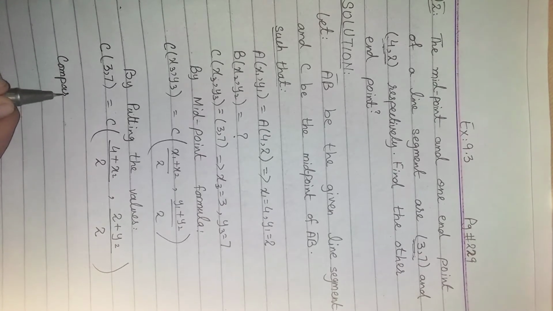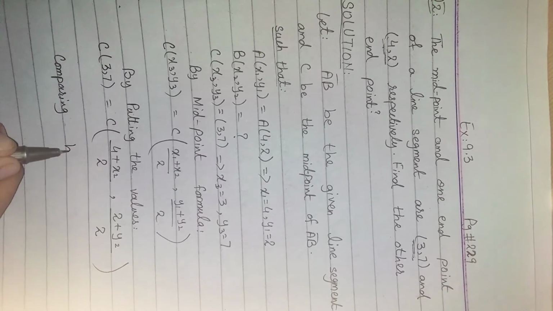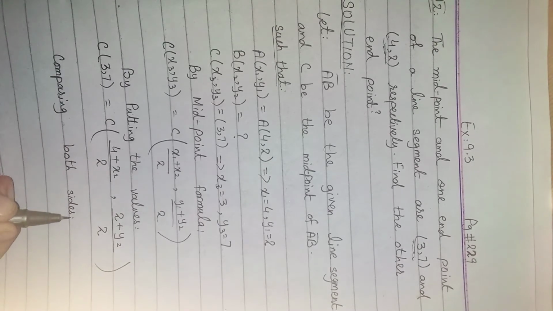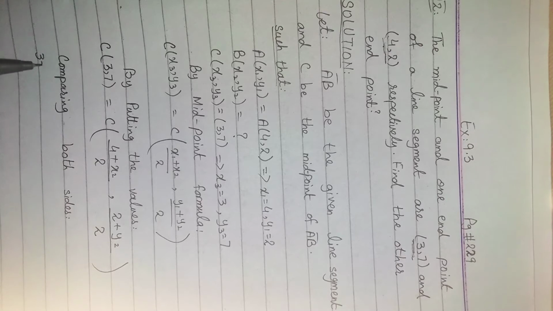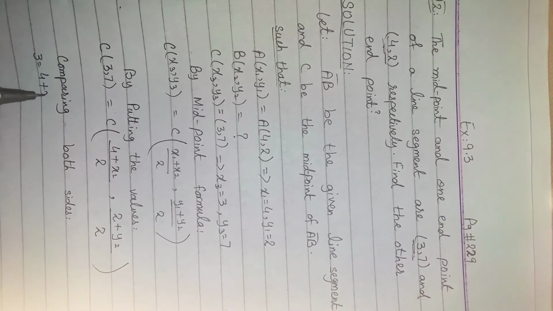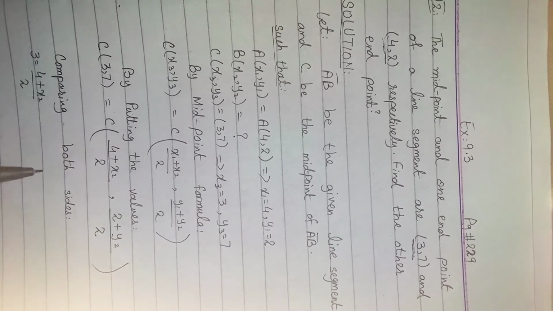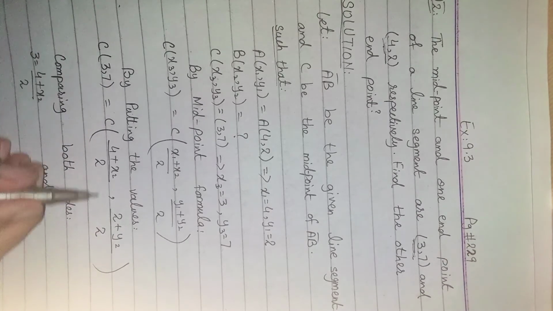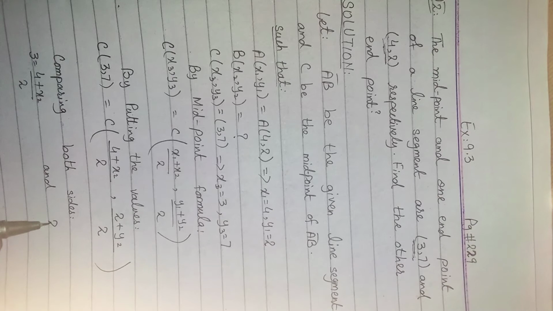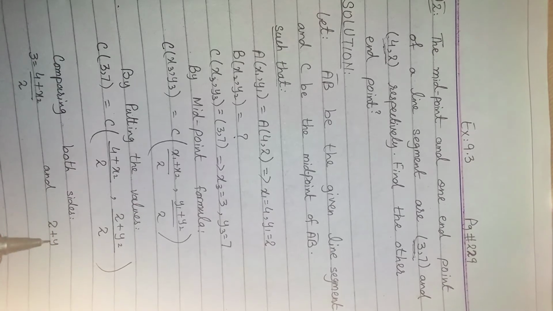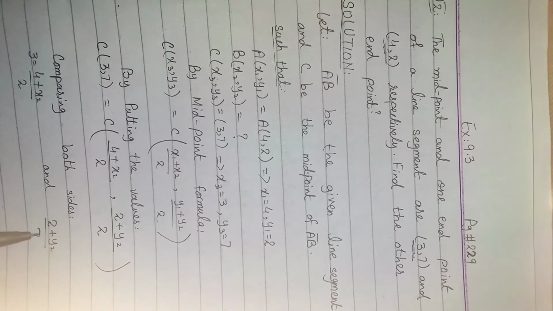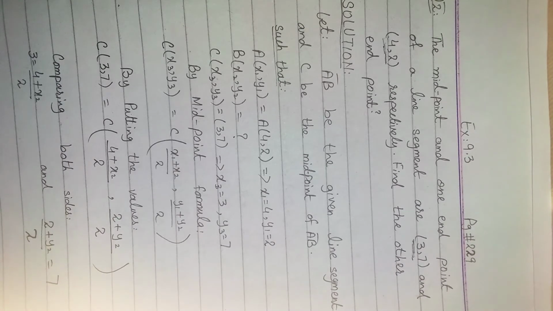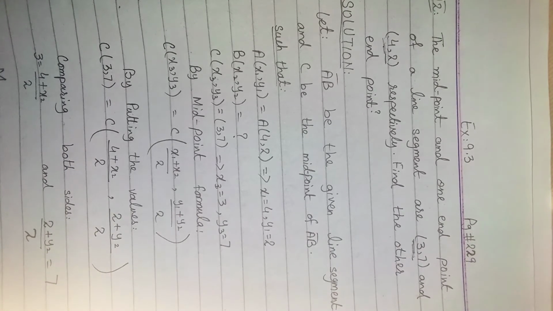So by comparing both sides, we will get 3 is equal to (4 + x2) divided by 2 and this 7 will be equal to (2 + y2) divided by 2. So (2 + y2) divided by 2 is equal to 7. So now by multiplying both sides by 2,